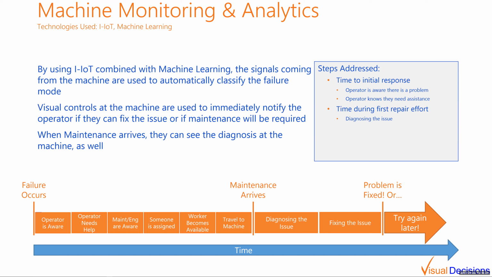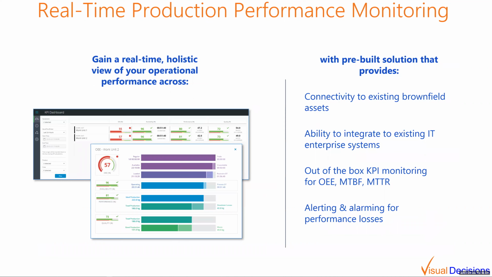So if we know the failure mode, we know exactly what happens, we can provide that information to the maintenance person when they get to the machine, and minimize the time for that process as well. So we can address three different parts of that by doing these things. And this really comes down to real-time production performance monitoring, tying that into the machine learning side of things, and being able to not only sense that there is a failure, but take the fault codes from the machine,